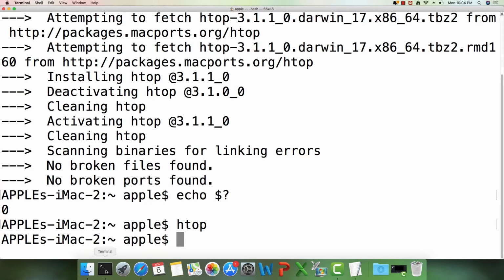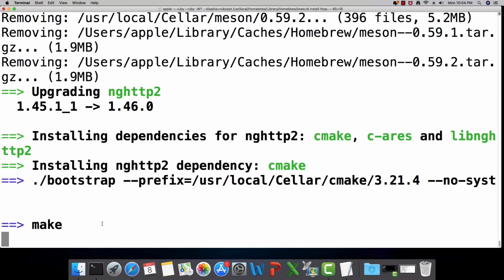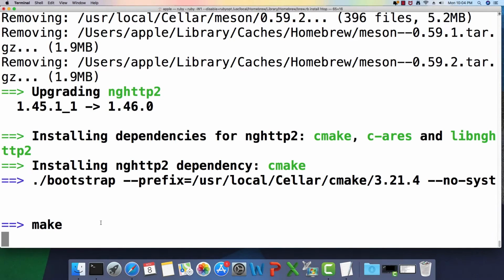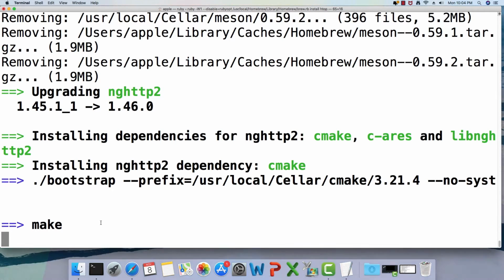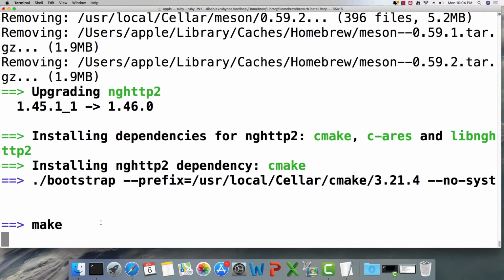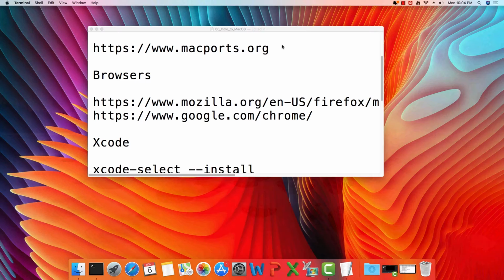I guess another terminal window is also trying to install htop, and it is still struggling to do that. This MacPorts utility is very handy, and depending on the situation, you can choose to use either the brew utility or the MacPorts utility. I'm just going to close this window because there is no point in trying to install with MacPorts again. So let us terminate this.